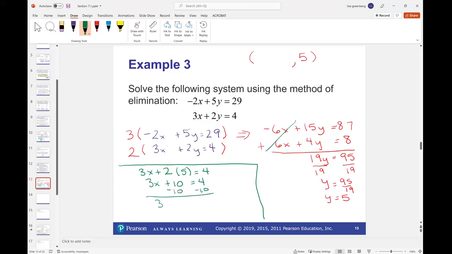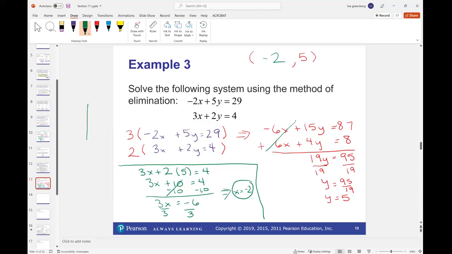I get 3x, the 10's cancel, equal -6. Divide both sides by 3, and I get x equals -2. So now I have my ordered pair. My ordered pair is -2, 5. If you plug that in to both equations, it will work, which means that I have one of those graphs